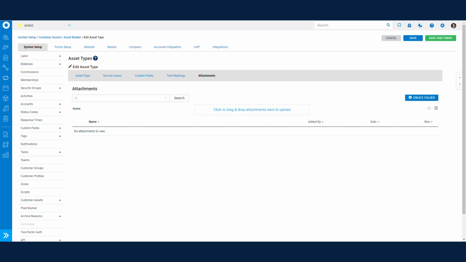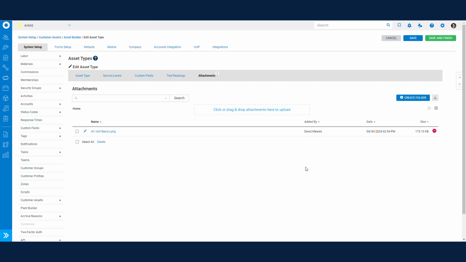So this may not be a good place for things that are a bit more specific to different AC units, but it could be a good place to put some generic information, a copy of the inspection that you would normally do or go through, whatever it may be. So in my case, I'm going to go ahead and click and drag over here a basic diagram of an AC unit